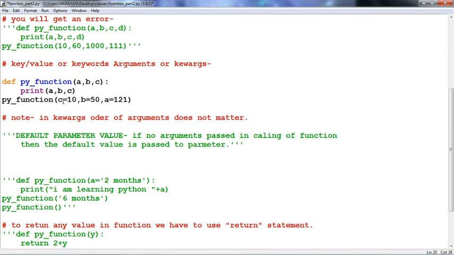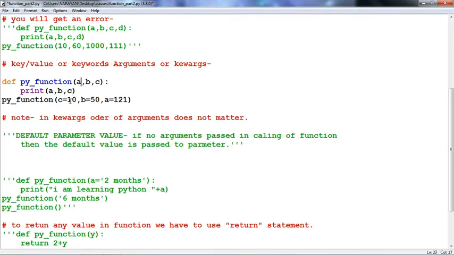That means there is no concept of positional arguments here, because the order of the arguments does not matter: the value is already passed with the keyword, the name of the variable. Suppose C equals 10. It doesn't matter in what order C is defined in the definition part of the function. Here C is in the third position, but in the call we have placed C first.